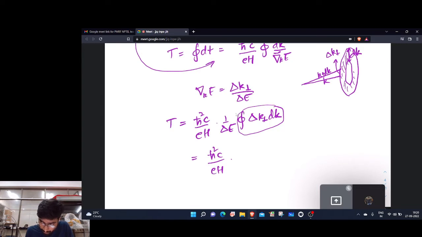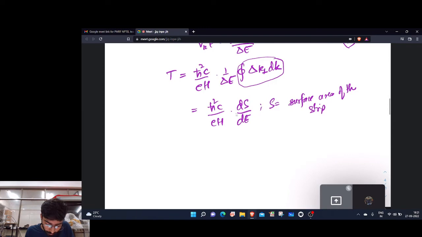eH, and including delta E as well, becomes dS. Now dS inside becomes dE in an integral sense, where S is the surface area of the stripe. So now we know T, and putting this value in omega c equals 2 pi by T,